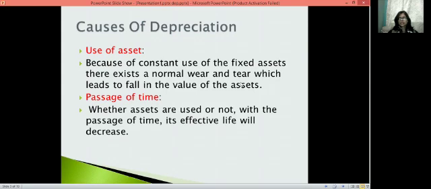The first major reason due to which depreciation arises is use of an asset. When we are using any asset, it is obvious that the value of that asset gets reduced due to normal wear and tear, which leads to a fall in the value of the asset, and that is known as depreciation. Next one is passage of time. Sometimes we are not using that particular asset, and the depreciation arises not because of normal wear and tear, but because of passage of time. In that case,